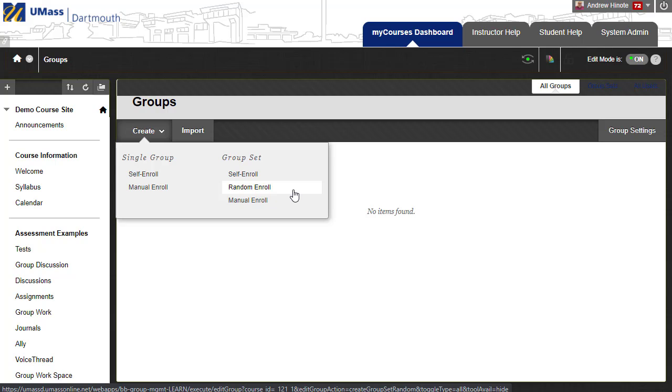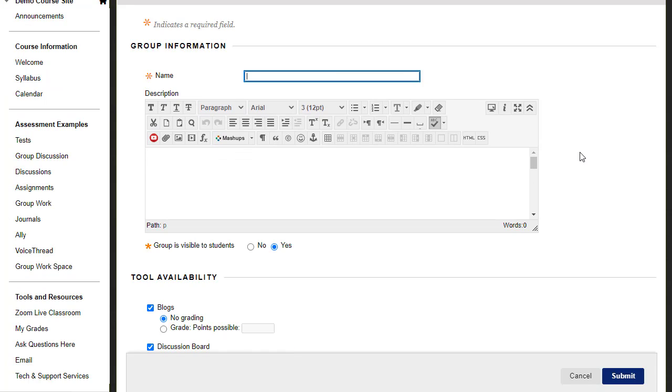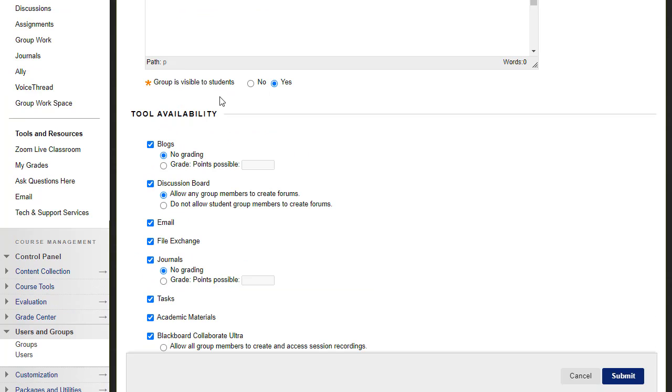create. I'm going to choose Random Enroll here, give my group a name, and then when I scroll down, the first option you're going to see is Group is visible to students. If you choose No, this group won't be visible to the students, but you'll still be able to use some of the other group features in my courses. If you choose Yes, this gives groups that you create a space within your site where they can work together, communicate back and forth with each other, pass files back and forth with each other, and meet with each other